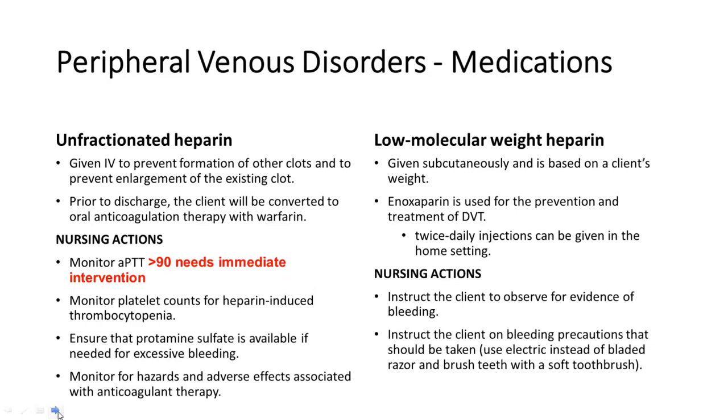Anything greater than 90 is going to probably require immediate intervention, but that just means we're probably going to hold the heparin for an hour and then restart it at a lower dose based upon what their last PTT was. Still going to look at platelet counts. We're still going to make sure that we have access to protamine sulfate. And then we're still going to do our patient teaching about bleeding precautions and make sure that they recognize signs and symptoms of feeling different,